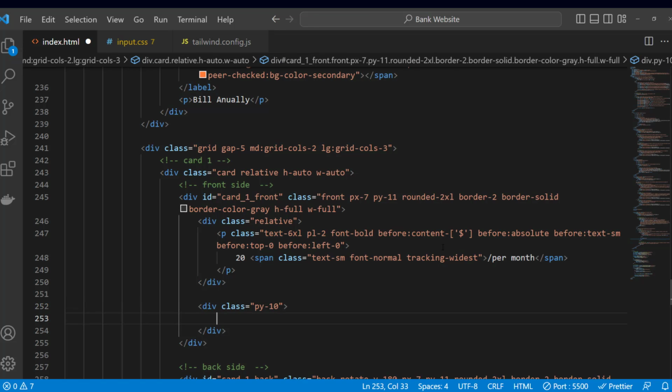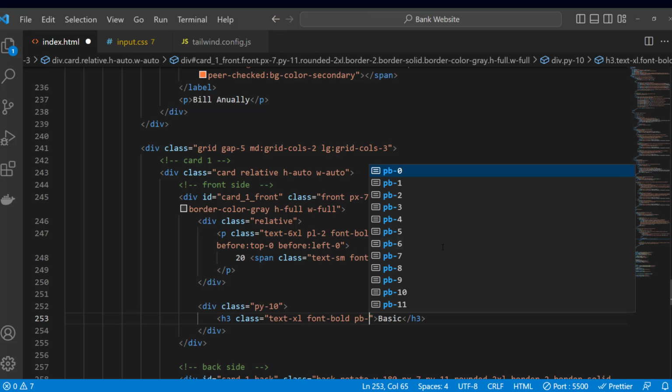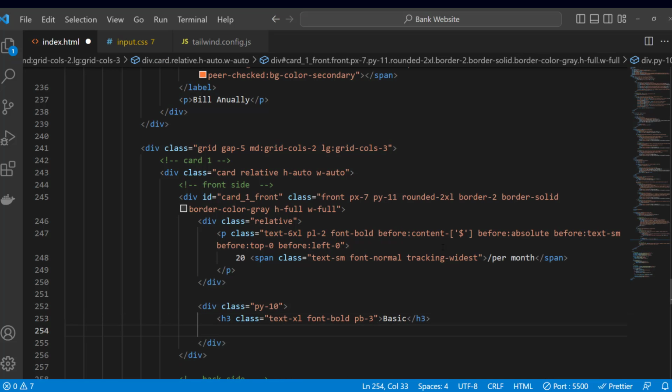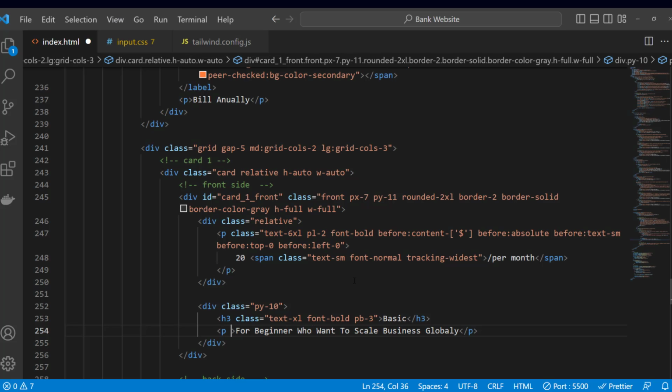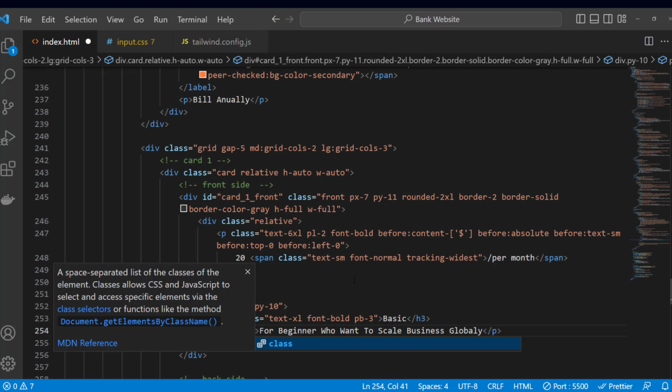Inside it, let's have an h3 tag, and in here let's say basic. Give it a class equal to text-xl, font will be bold. I want to add some padding bottom with pb-3. Below that, let's have a paragraph. Let's copy this paragraph and paste it here, and in here let's say class equal to